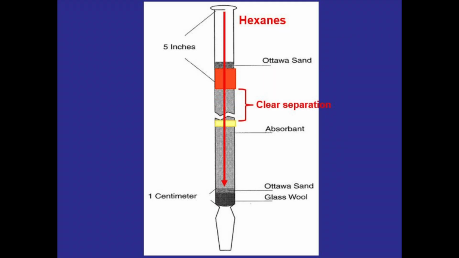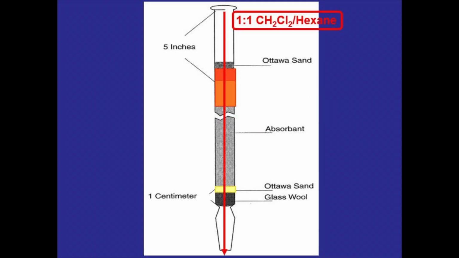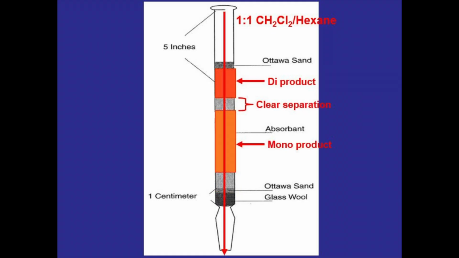move on to the second solvent, which is a 1-to-1 ratio between methylene chloride and hexane, which is slightly more polar than just hexane. Here we're going to see a couple things happen. We're going to see ferrocene start moving through the column a lot quicker, and it'll start coming out of the column, which we will gather in test tubes. And then we're going to start seeing a separation between the mono and di products as well. And we'll keep adding the solvent until there's a clear separation between the two, where we can move on to